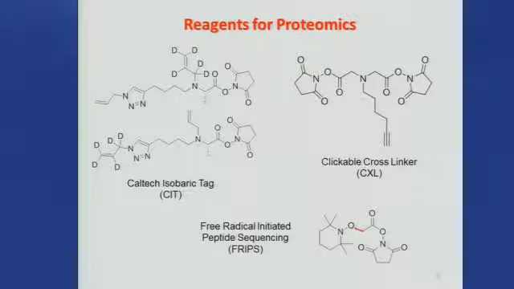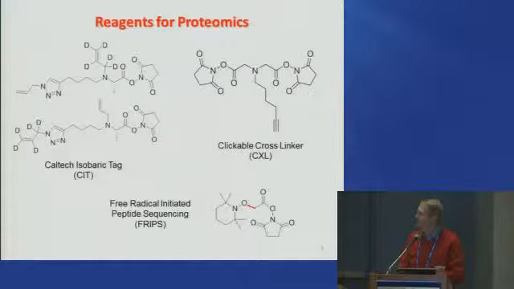We have a clickable cross-linker, which is cell permeable, so you can actually cross-link in vivo. The usual reaction centers here will couple to a lysine, to a primary amine. But we have a tertiary nitrogen here, which serves a couple of functions. It's protonated and as a result makes this cationic, and that enhances the cell permeability. We have a